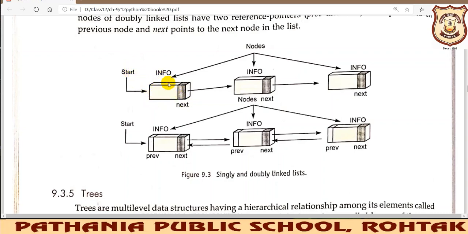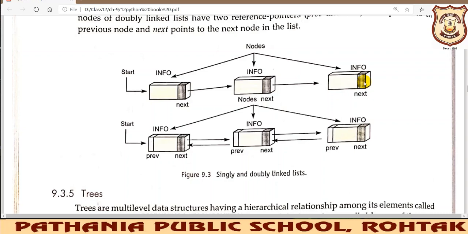After taking care of the patient on bed number 6, the doctor will move to bed number 10. If we are writing 10 in next, the doctor will move to bed number 10. So let us say this is bed number 10, and this is pointing to bed number 10. The patient is lying here, and the doctor is taking care of that patient, and after that he will move to whatever number you have written in the next part of this node. The doctor will go to that particular patient only. The doctor will keep on moving till all the patients in a particular sequence have been visited.